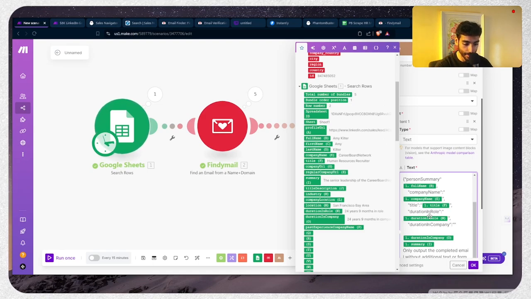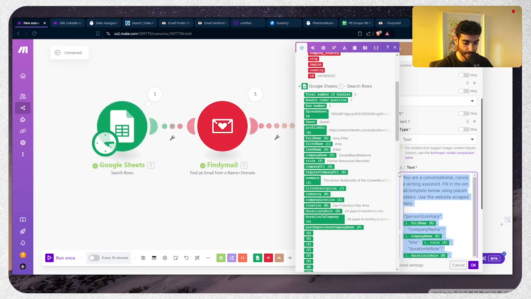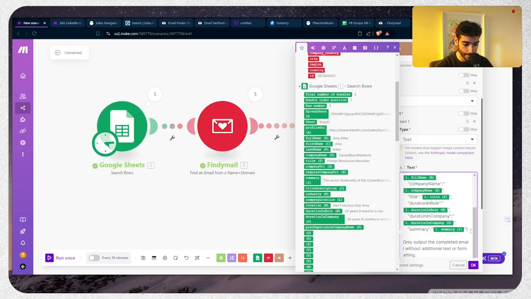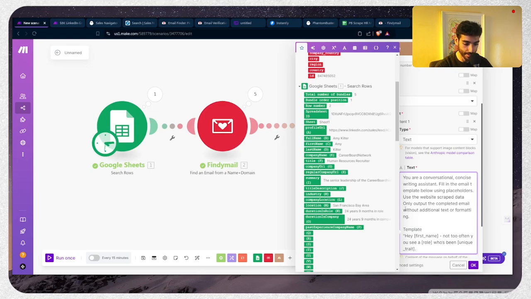And then copy this one. Summary, duration in company, and then we're going to add summary. Paste that in here. And then we're going to take in this right here. Basically we're going to copy this one, which is way better. Take this. And then only output the email without additional text. Hey, first name,